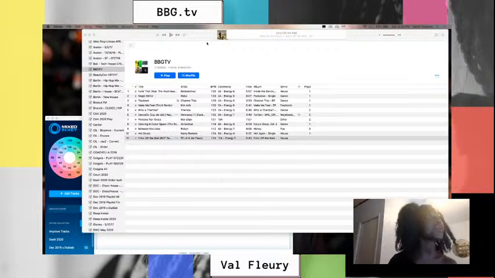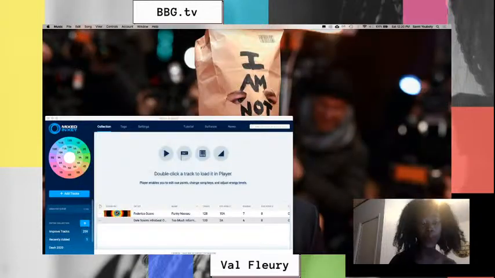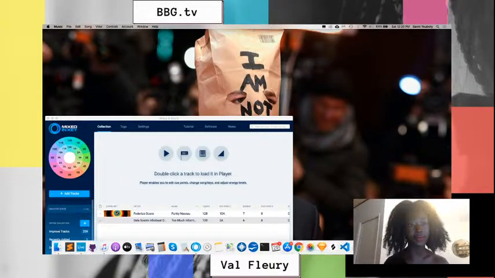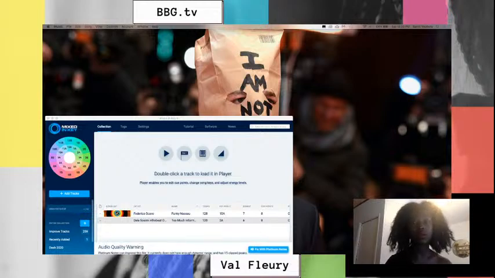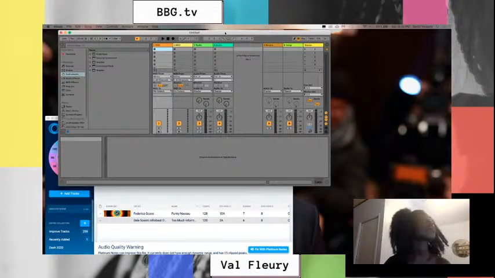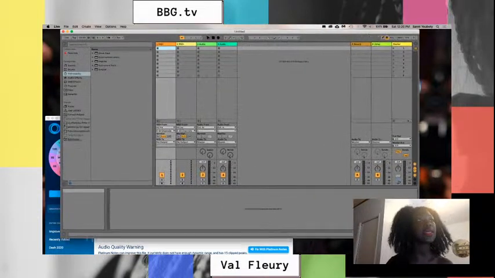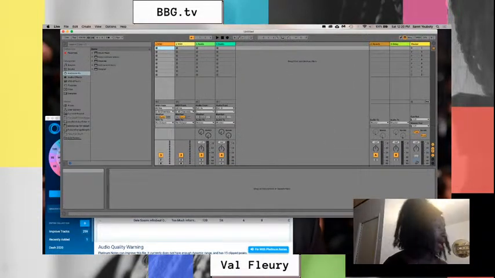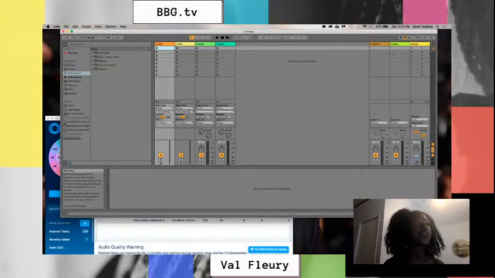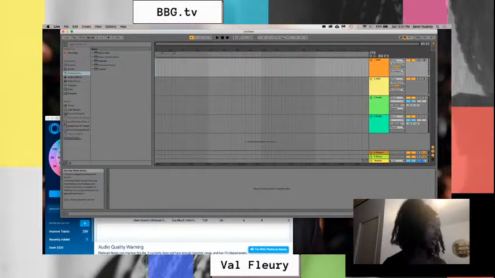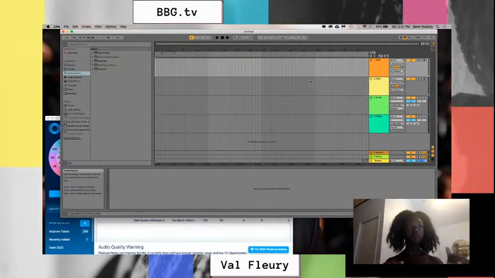we open up Ableton Live. And here's what it looks like off the bat. Basically, Ableton has two views that you can work with your music in. This one here is called the session view. And then this one here, if you click this button, is called the arrangement view, where